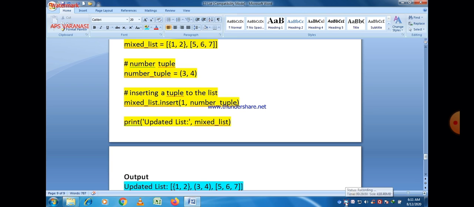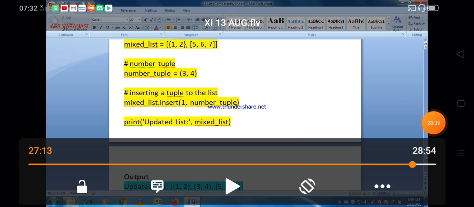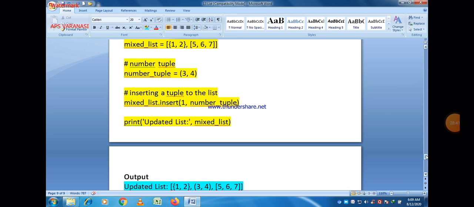First is location and second is value. So you can insert values, and a tuple or a list, at any desired position as you want. So that is the difference between append, extend and insert.